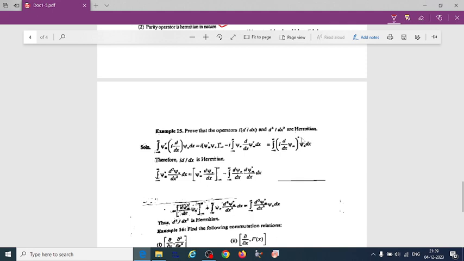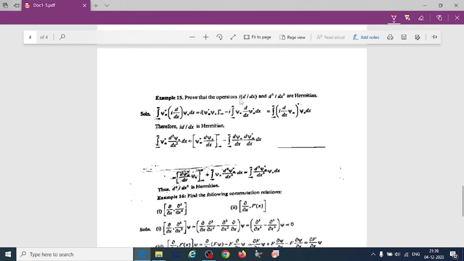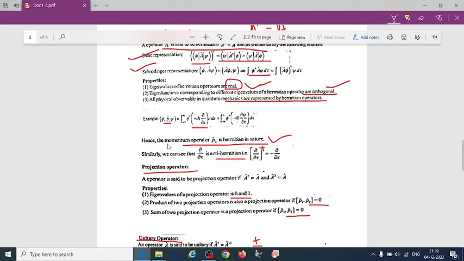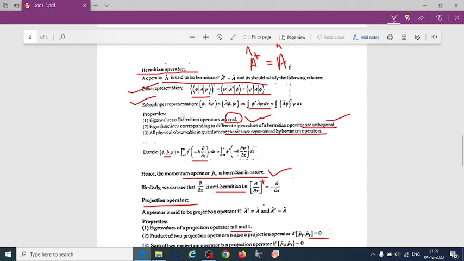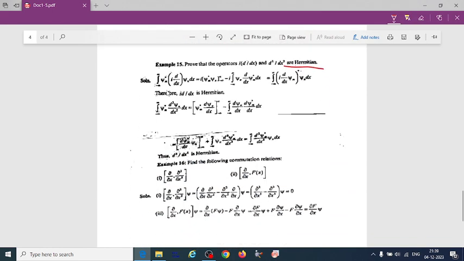So let us solve some problems here. Prove that the operators i dou by dou x and dou square by dou x square are Hermitian. So what is the condition for Hermitian? There are two conditions here, direct representation or Schrodinger representation you can take. Here we have taken the Schrodinger representation. So first, these are the two operators they have given. First let us take this one, minus infinity to plus infinity psi m star i dou by dou x psi